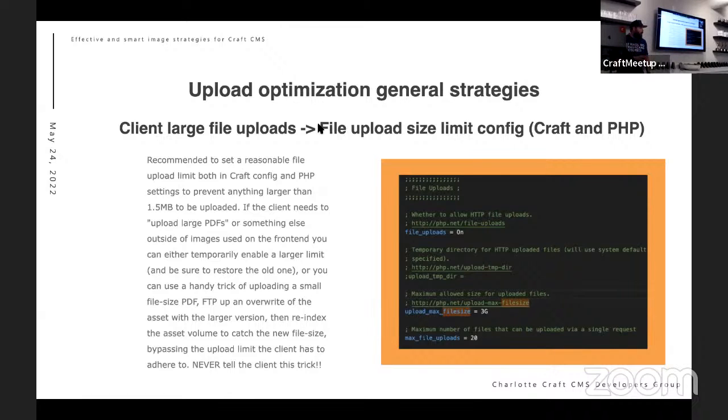I would try to keep that below 1. As resolutions have increased and the popularity of full bleed hero images have gone up, you kind of got to increase that on a case by case basis, depending on what they're uploading. If a client needs to upload large PDFs or something else outside of the images on the front end, you can either temporarily increase that, let them do it, and be sure to restore the old one, or you can